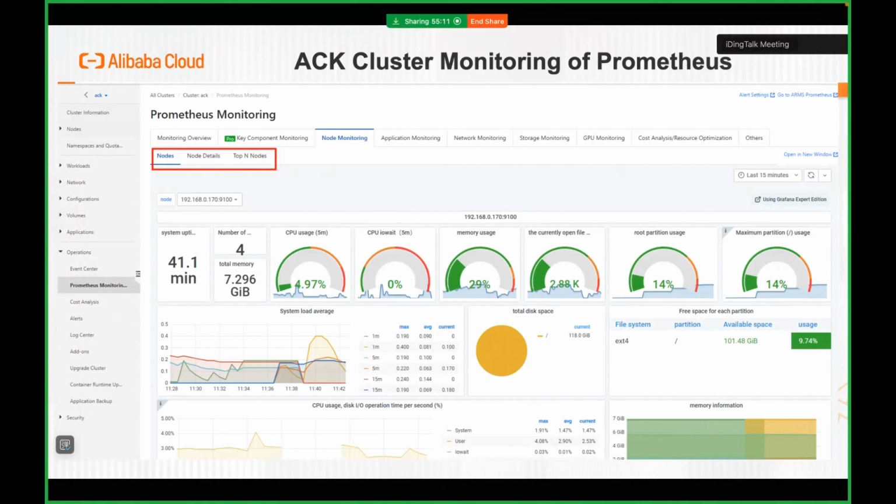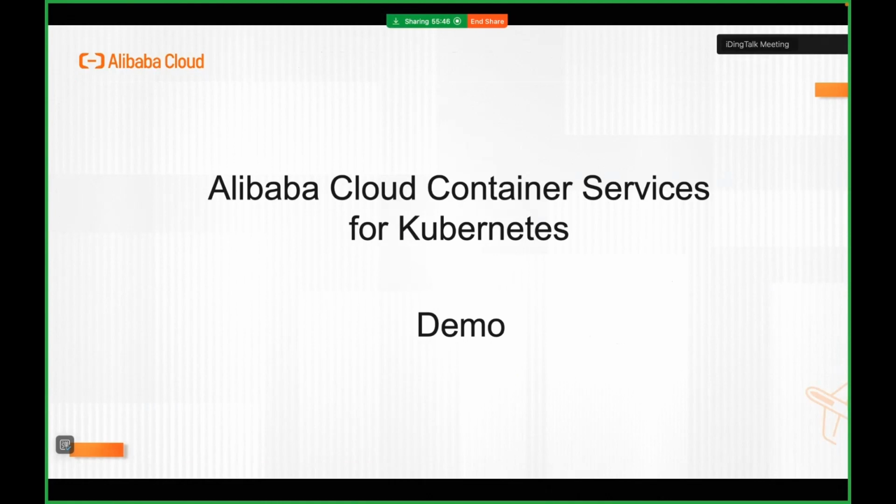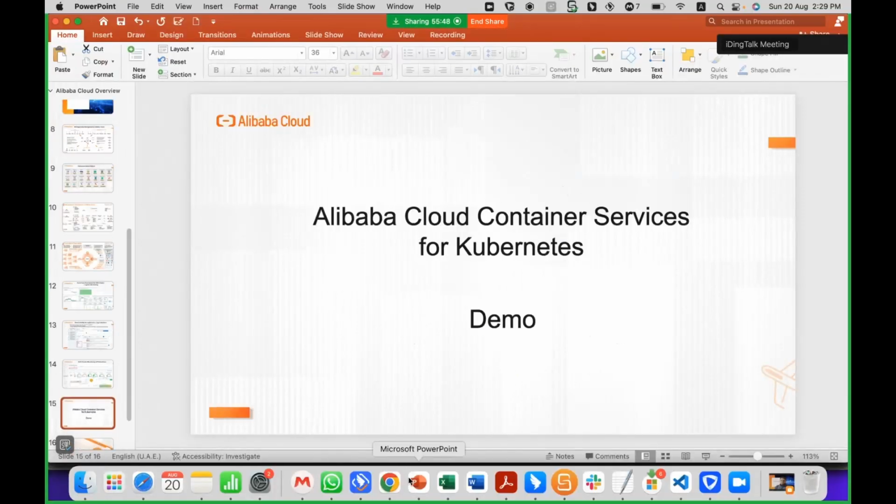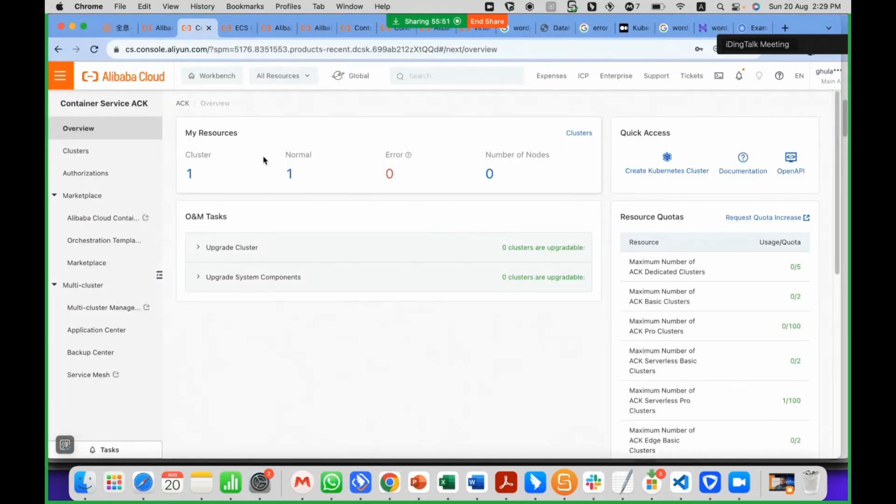And for cluster monitoring with Prometheus, if we're talking about the full solution, as you can see from this screenshot, multiple options can be accessed directly using ACK. Prometheus is one of them. You can enable the services which can be helpful to monitor your nodes, application, network, storage, GPU, or cost analysis happening in your environment. And the same thing I will show you in the demo, like how you can enable these services directly from the console itself. Let's move on to the demo, and I will show you how different options and services are available with Alibaba Cloud.